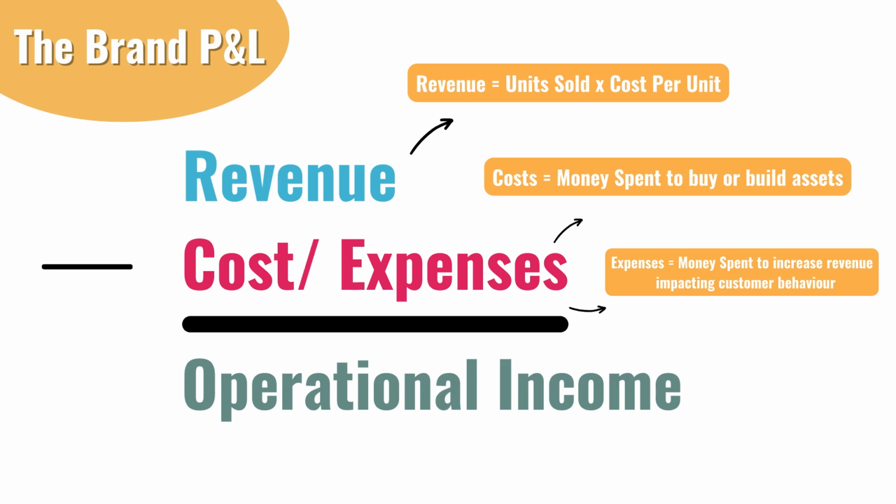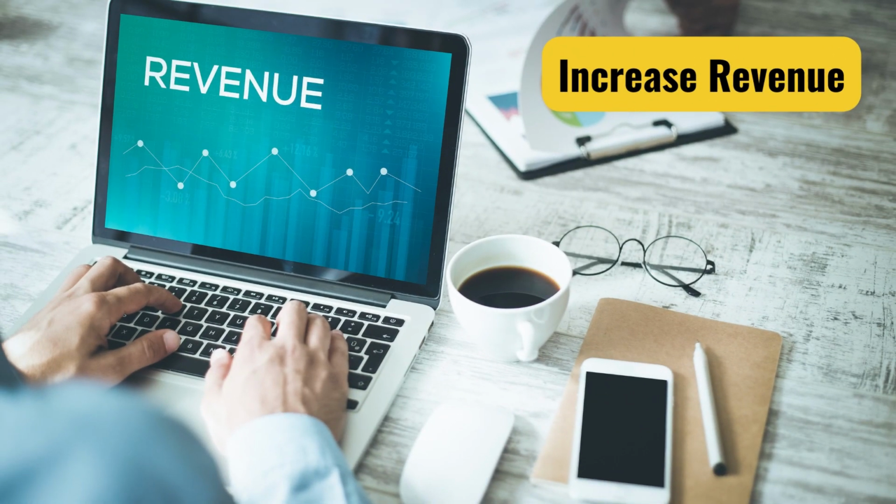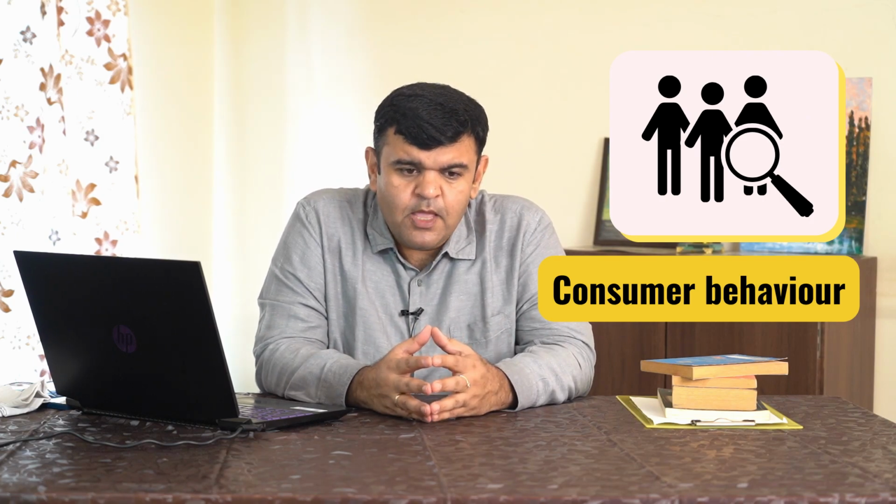Revenues are relatively simple. It is basically the value of each unit and the number of units sold, the product of this, the sales that your brand generates over a month, over a quarter, half yearly or year. Apart from the revenue, you'll have to look at costs and expenses. Cost is the money that you spend to build assets. Expenses is the money spent to increase revenue by impacting customer or consumer behavior. We'll not go into in-depth things like COGS which are involved, but let's just look at expenses which will be